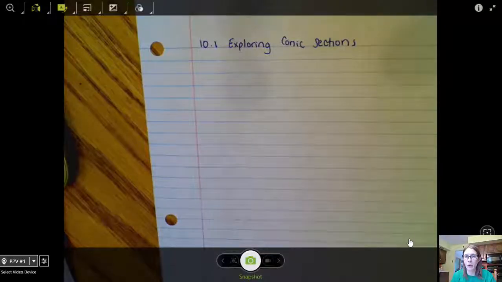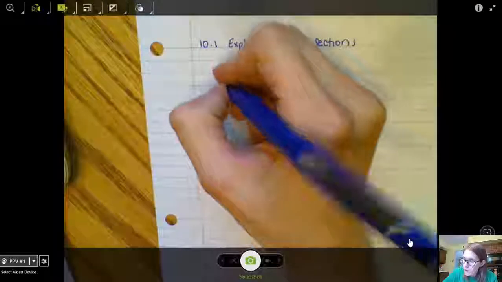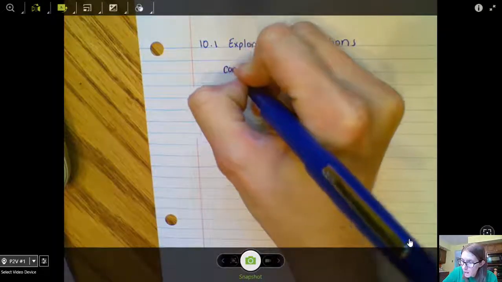In Chapter 10, we are going to learn all about conic sections. Now, Section 1, we are exploring conic sections, and we're going to figure out what each equation for each conic section looks like and some key features related to each conic section. So first of all, here's our definition of a conic section,